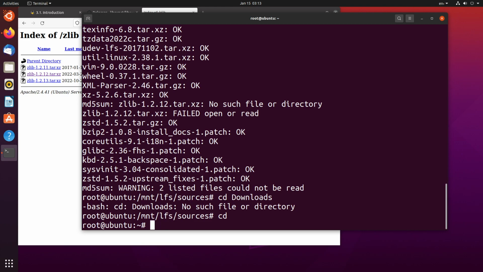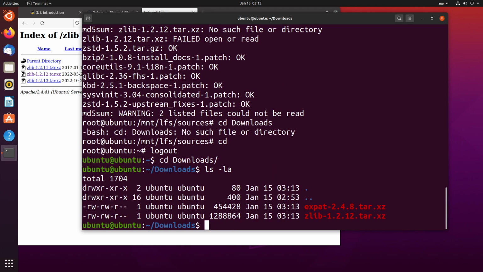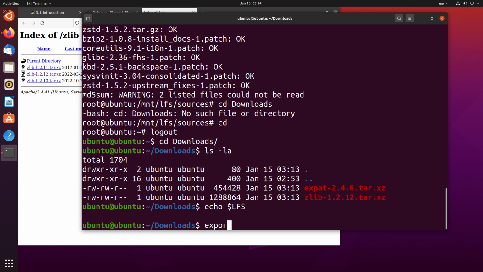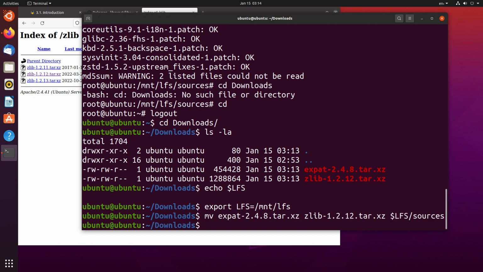This is where I jumped the gun a bit, so we want to do that. cd downloads, ls -la, mv expat and zlib to $LFS/sources, and before we actually do the $, we go export LFS equals /mnt/lfs. We want to do mv expat and zlib to $LFS/sources. And we want to do sudo -i,